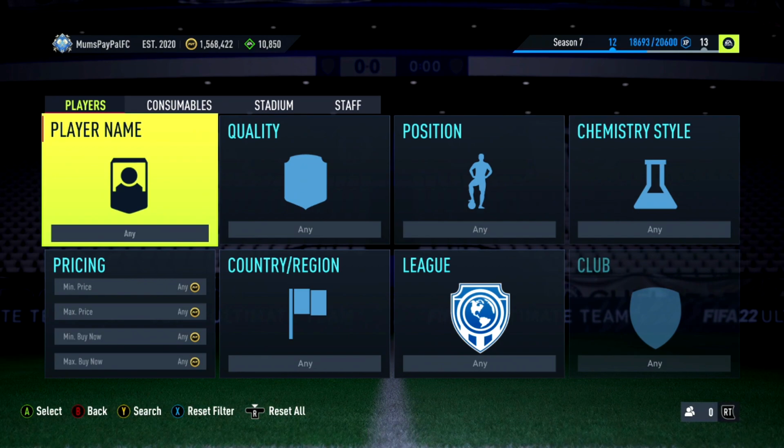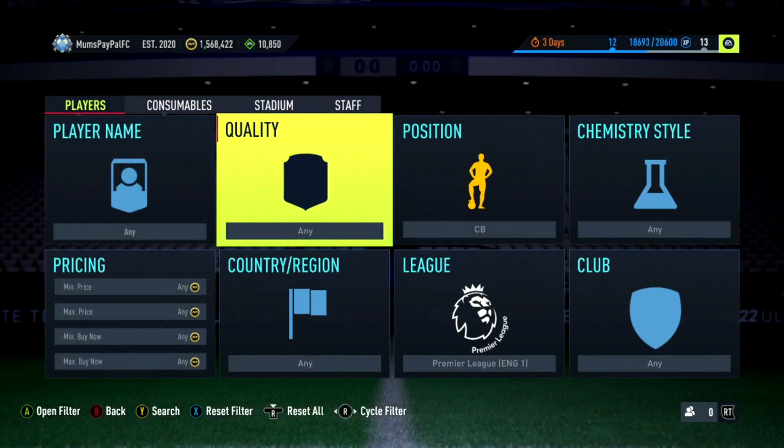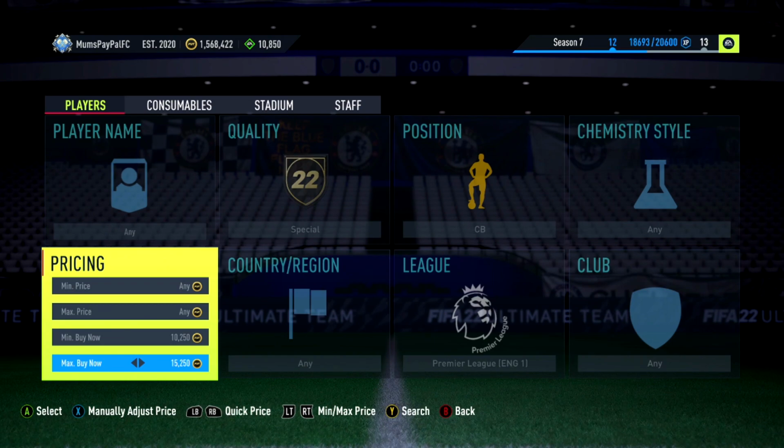Okay, next up, we're going to go to another mid-tier filter that's working really good. We're going to go to Premier League Centre-Back Special. We're going to go 10,250 to get rid of the lower rated card. And once again, the max ban now is going to be a little bit lower on this one, but it's